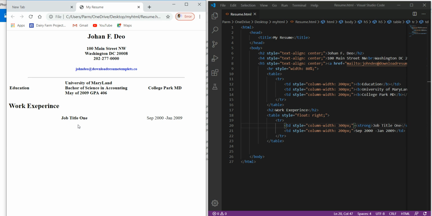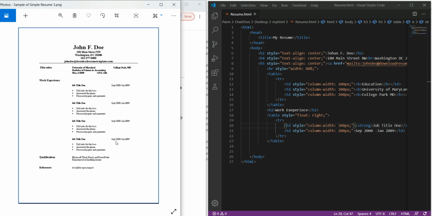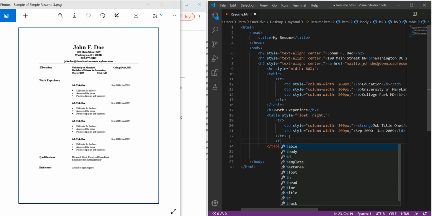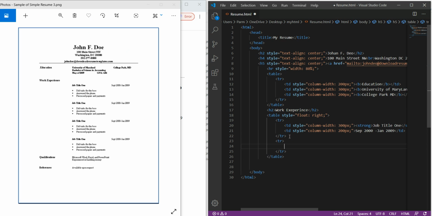In the second row, here we see it is written in the form of a list. So again we have to use tr, that is we have to create another row over here, and in this row we have to use table data, because I have to create the table column, so we have to use td, and in this table data we have to create an unordered list.